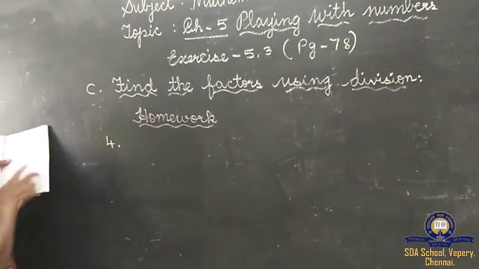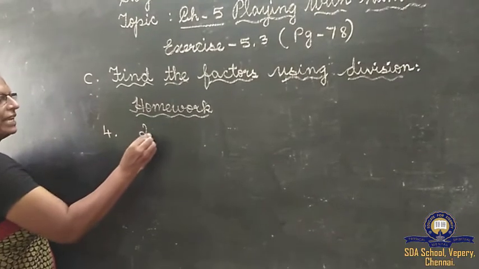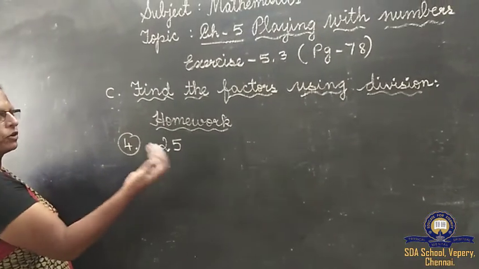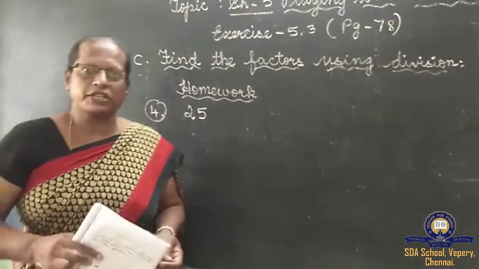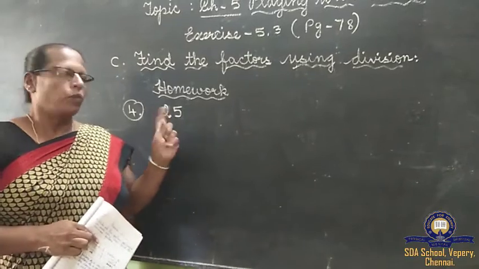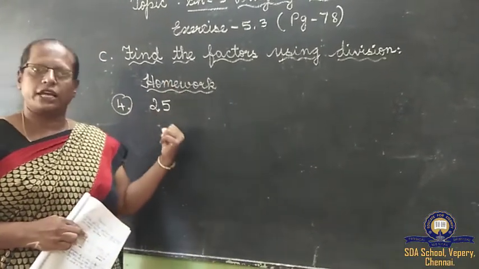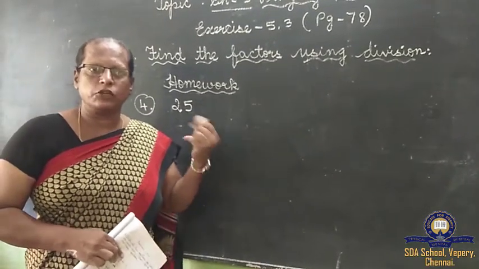I give 25. It's very easy, children. 25 is easy. What are the tables 25 goes in? You can find out easily. Will you do that, children? In the first division I gave 1 sum, and in the second one I gave 1. I think all will do this sum, and you have to send it in Google Classroom or